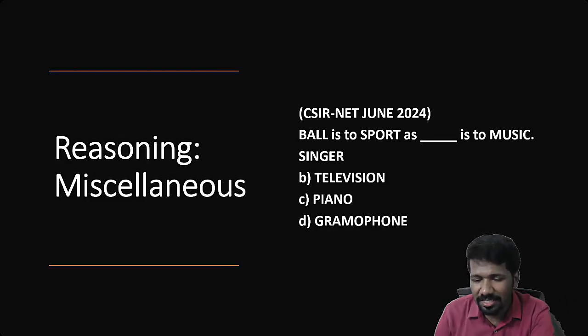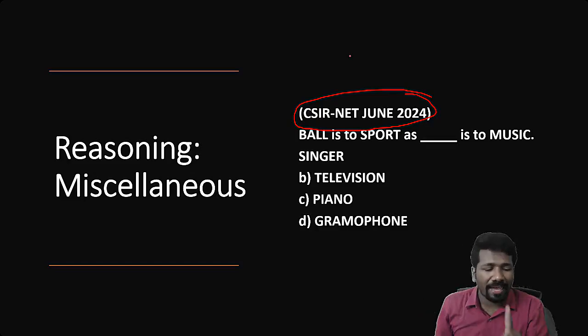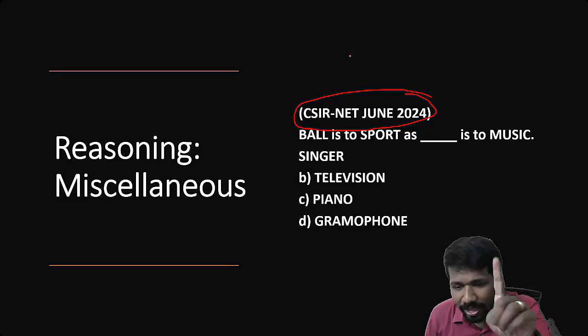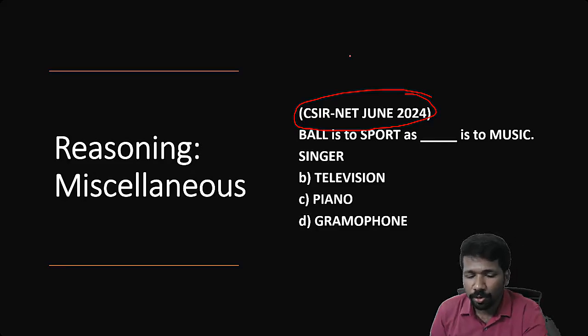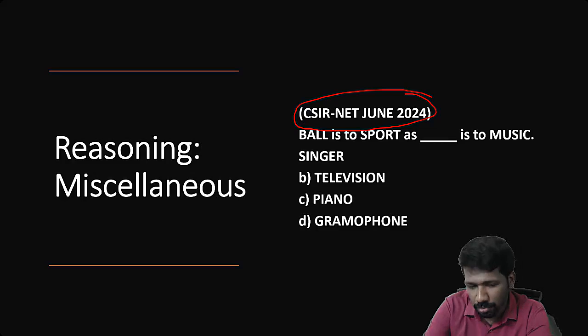Then miscellaneous reasoning. इसमें एक topic है analogy. ये example analogy का है June 2024. This is what I told. Recent change in trends. ये analogy वाला question last 5 year के पहले एक भी question नहीं आया था. बट जून 2024 में 2 पेपर्स में आया था. जून 2023 में एक पेपर में आया था. That is why this is important now. This is why I told you I will teach you in such a way that according to the latest trends of CSIR-NET you will be able to learn the aptitude section properly.